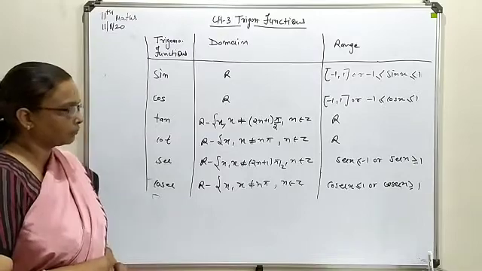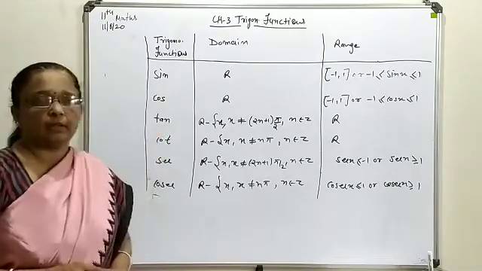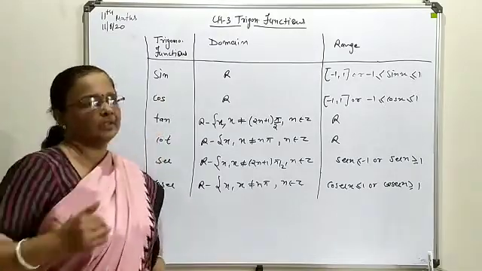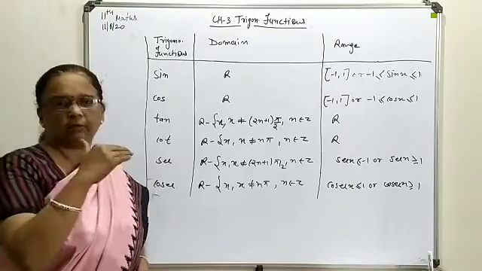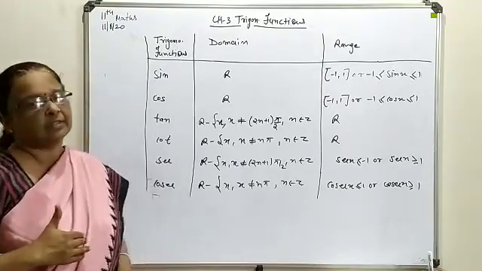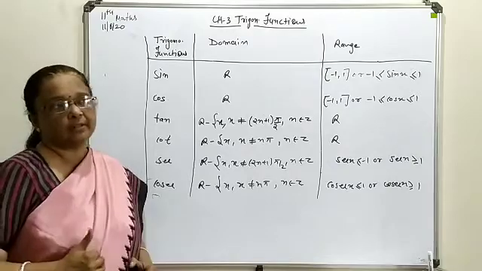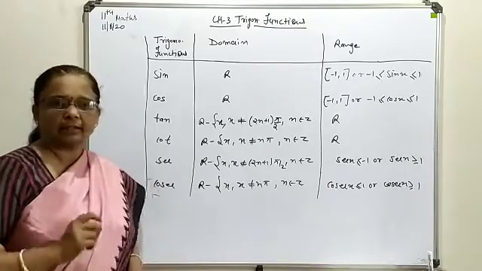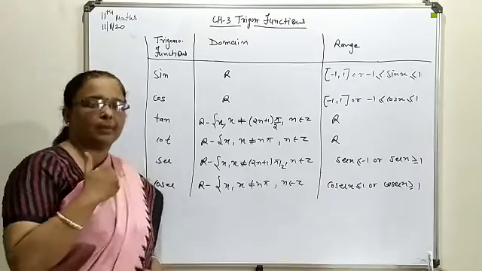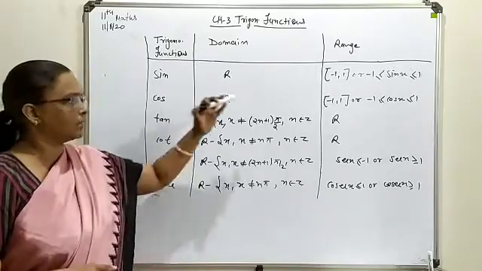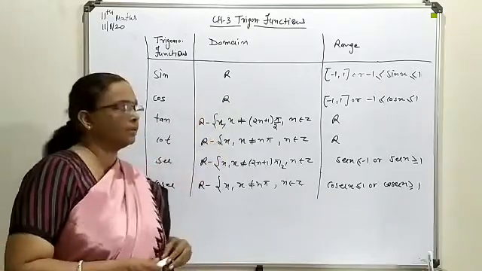Now, as we have seen in the cos curve also, the highest peak started with the value 1, and the least value, we have seen at cos pi, was -1. So your curve will oscillate between these two values, +1 and -1. That's why it is limited to this closed interval.